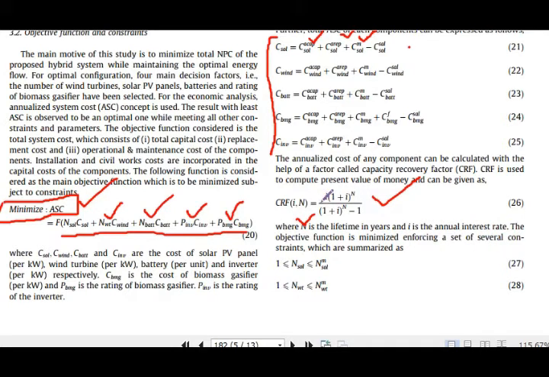So for a specific number of years, say 20 years, that will give you the annual fraction of that amount. So you have to pay annually a portion of the total net present cost of that system, because you also have to pay the loans, and you have to annualize that cost over 20 years, over the project life, whatever it has.